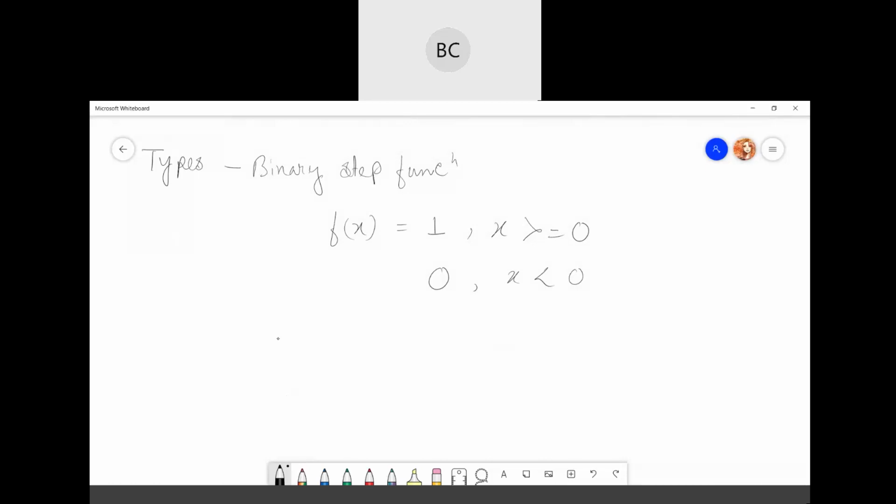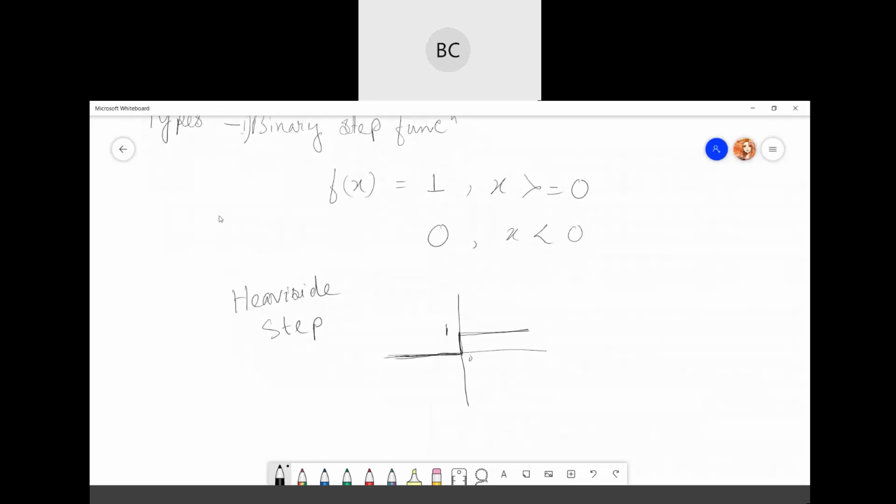Okay, this is one type, and the graph looks something like this. Suppose this is 1 and this is 0. This is known as the step function. Another name is the Heaviside step. Binary step function and Heaviside step are the same thing.